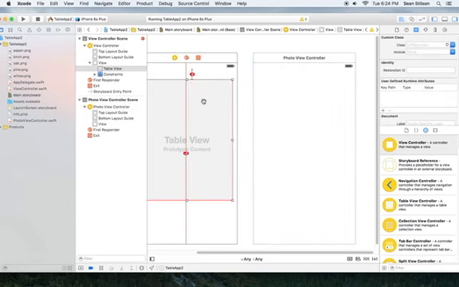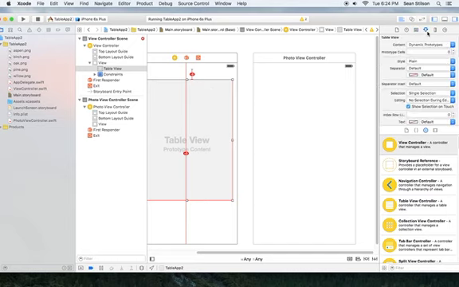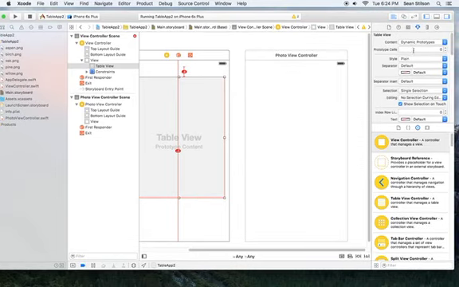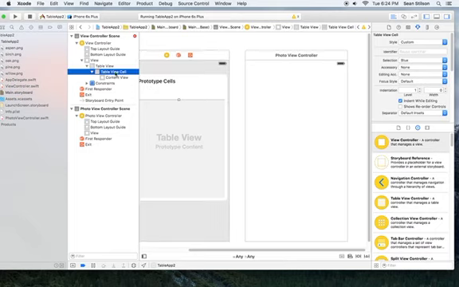So to do that, I select my table view over here, and then I'm going to create a prototype cell over here in the table view properties panel. Right now it shows 0. I'm going to create a prototype cell, and what that allows me to do is, with the prototype cell in place here, I can create what's called a segue by control dragging from the prototype cell over to here. First I gotta make sure I have it selected,